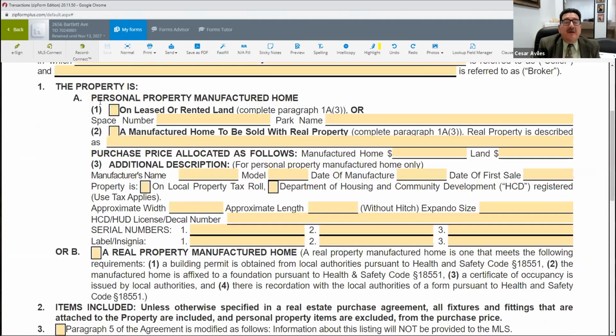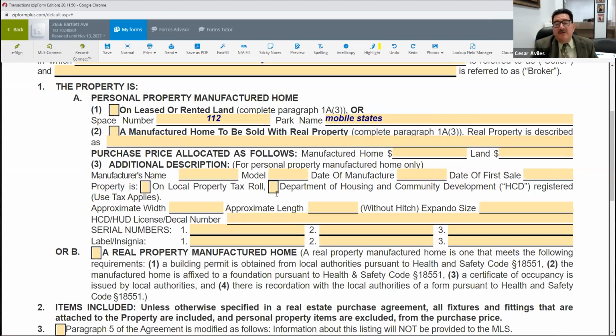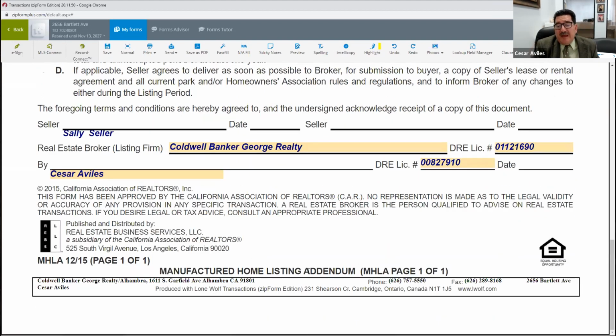And he talks about the properties on a lease, and it describes the park. Some of them have HUD licenses, serial numbers, because it can be moved. Can you imagine you buy this and tomorrow somebody moves it? And it also talks about the space. It's on space 112, and the park name is Mobile Estates, whatever. So you fill in this information, and this will be an addendum to the listing,